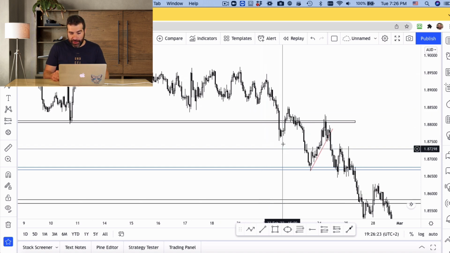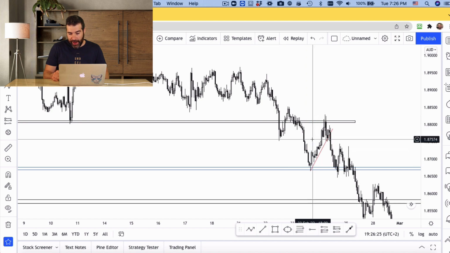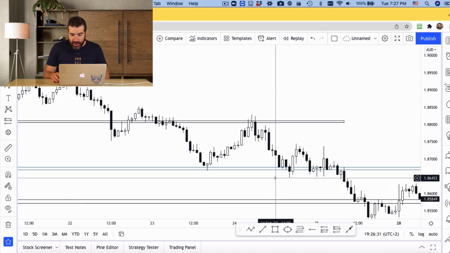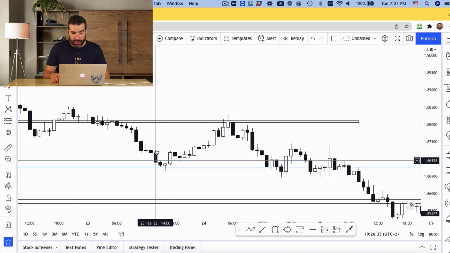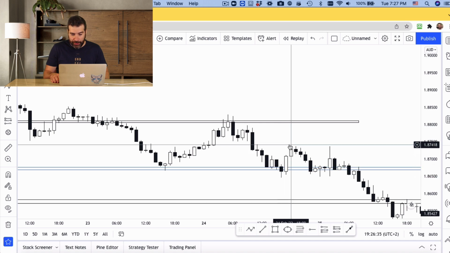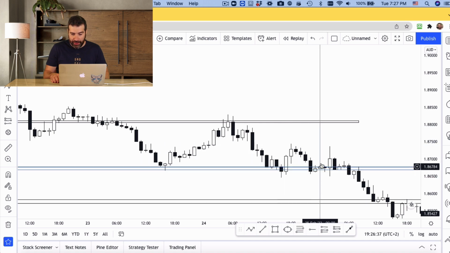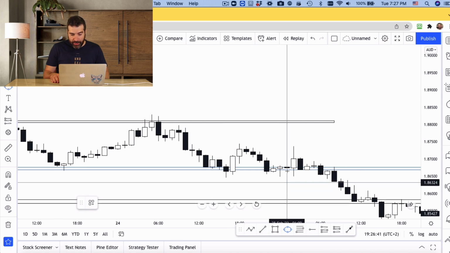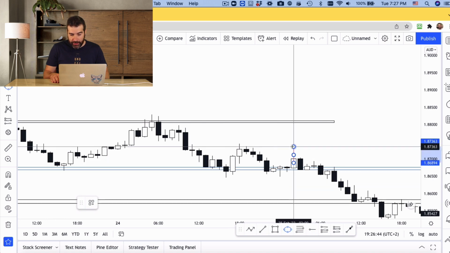We saw that there was the break and then the pullback. So you see that there's numerous opportunities over here to get in. Now, if you weren't trading at that time, and then it came down all the way to this 4 hour support and pulled up and then came back down and pulled up again, now you see that there is this bearish wick over here,